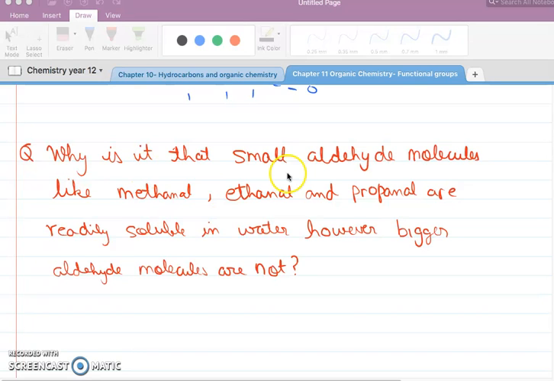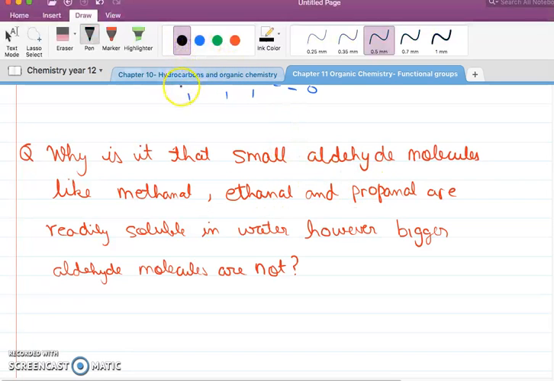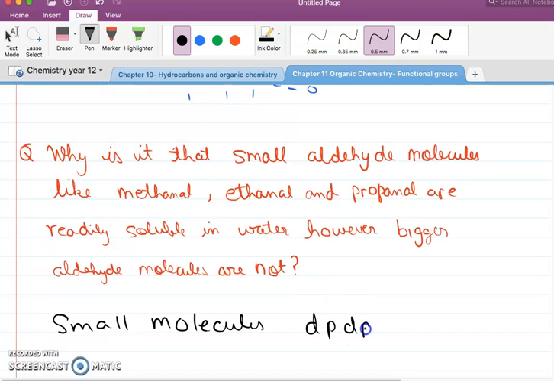Thanks. Small aldehyde molecules like methanal, ethanal, and propanal have one thing in common. All of them have very strong dipole-dipole forces. Because they're smaller molecules, the dipole-dipole forces will dominate the dispersion forces because there are fewer electrons, and we know that the electrons contribute towards the dispersion forces. So in small molecules, the dipole-dipole forces are much greater than dispersion forces,